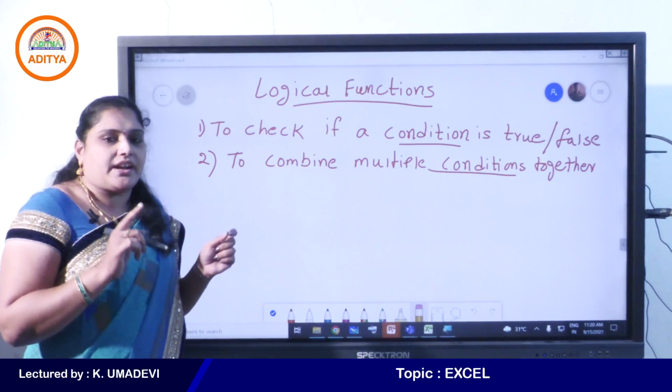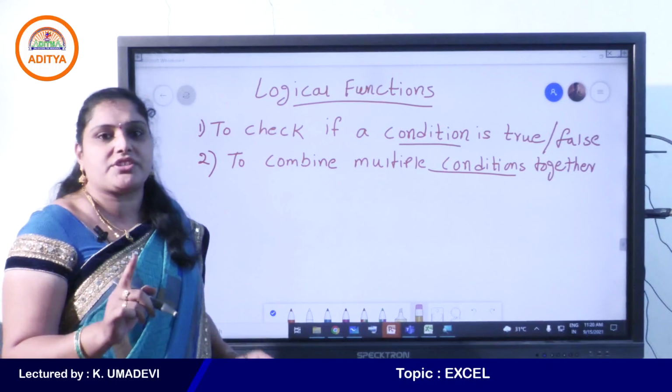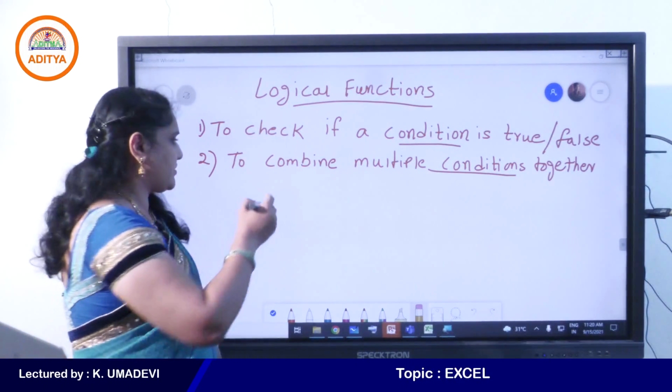Yes. See, conditions are applied by using relational operators.